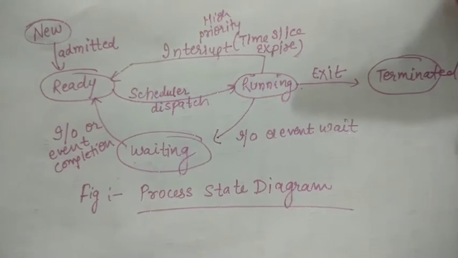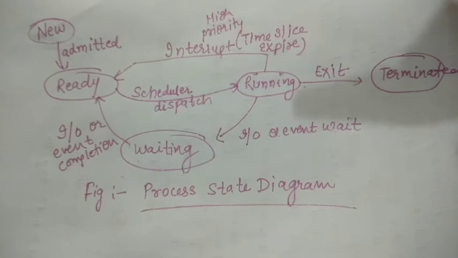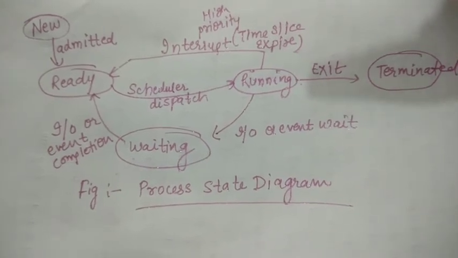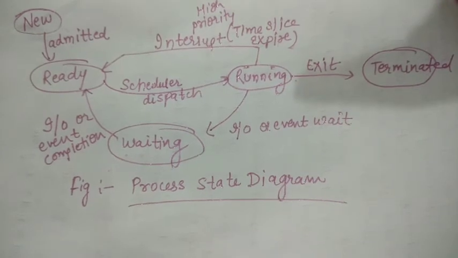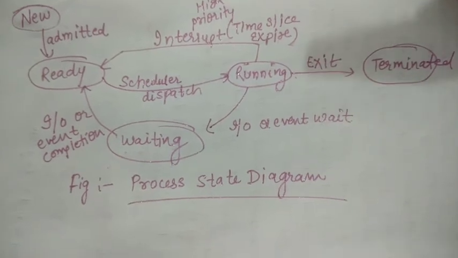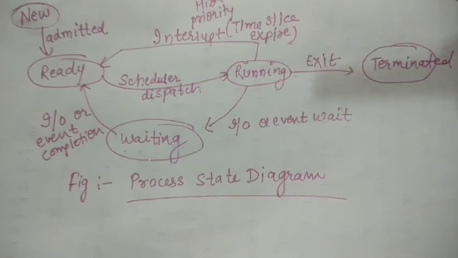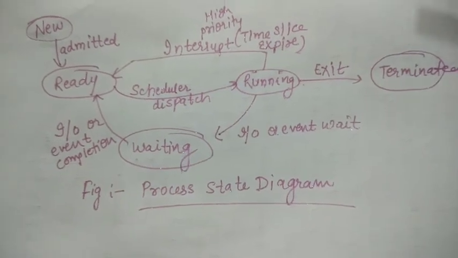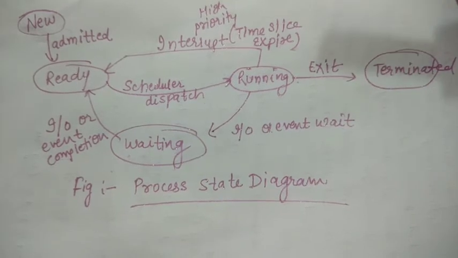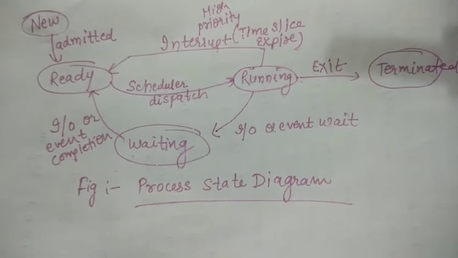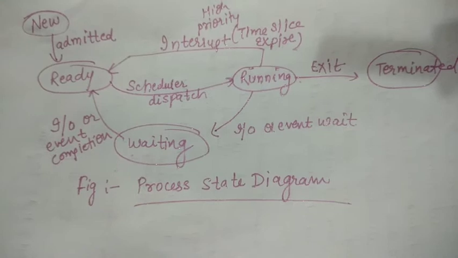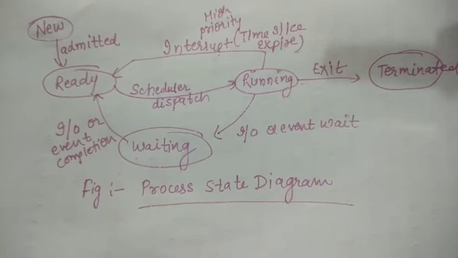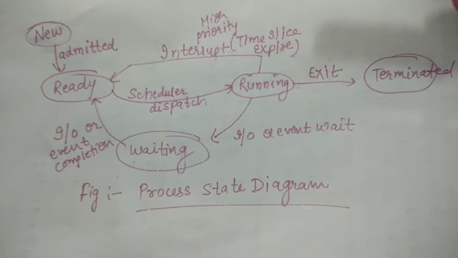Now the next case that can occur is when it is running and it needs to wait for an input output operation or an input output event. Let's say that this process needs some input output device or some event to occur. At that time it goes to the waiting state, which we already studied before. In the waiting state it is waiting for an input output operation, or for an input event to occur. The process may need something like an input output or an event, or it may need a signal from somewhere.